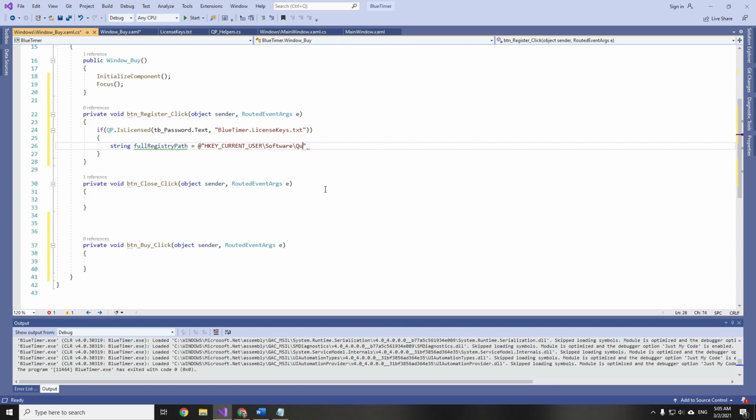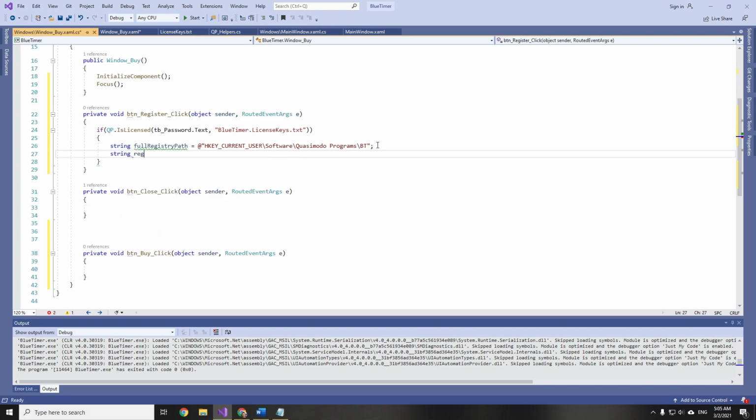Then the company name Quasimodo programs backslash bt semicolon, then string registry value name, and here again it should be the same as in main window key.